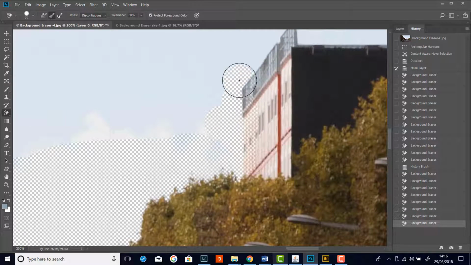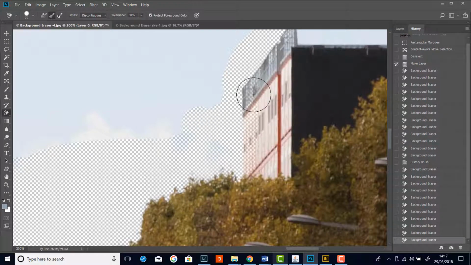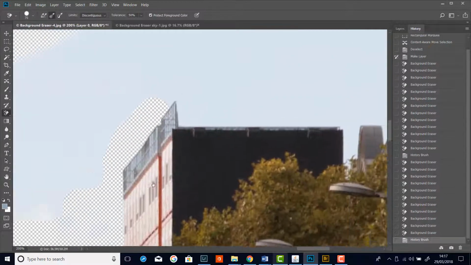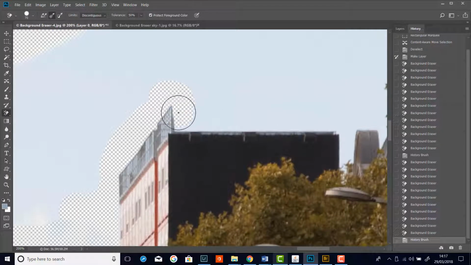I'll just go up a bit further. Yeah, that's not bad actually on there. So on this side now, I could use the same trick again. I could go back to my history brush and paint back in those pixels. That looks pretty good. And now I'm going to go back to my background eraser, and I'm on my way